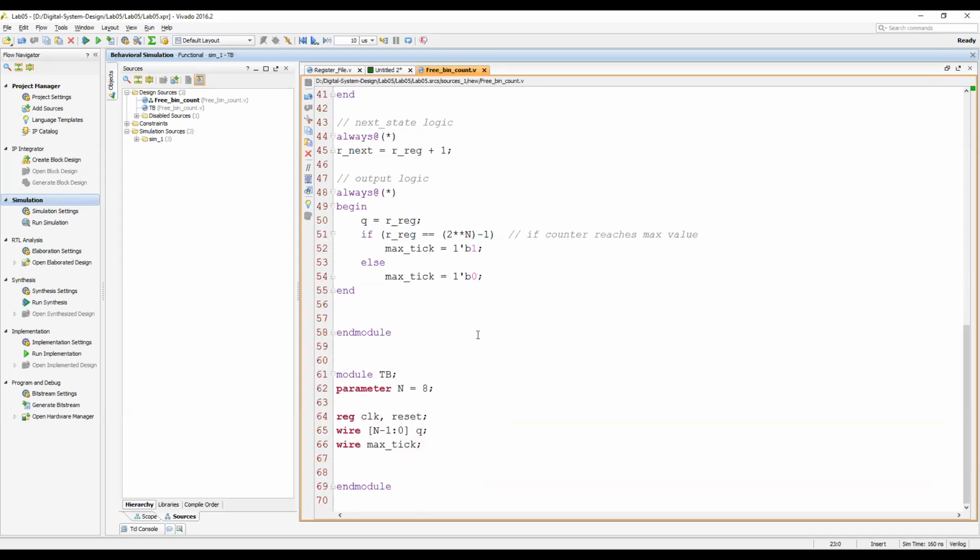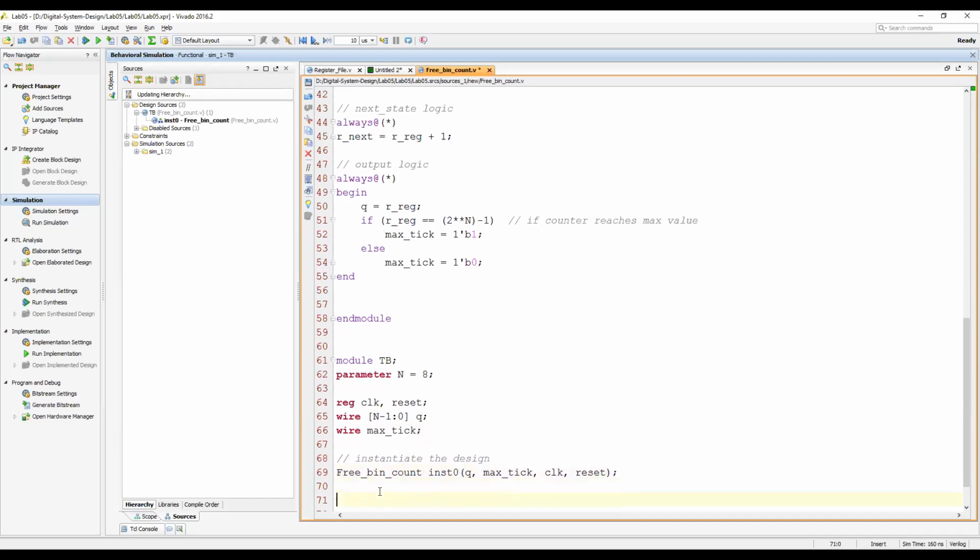So the design is... okay. So instantiate the design. So the design is instantiated. Now generate the color.